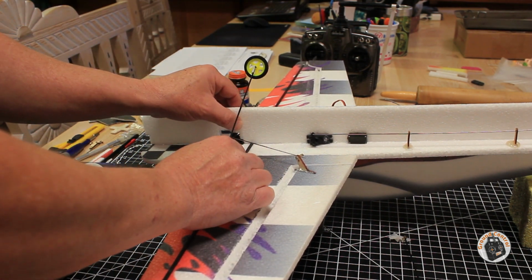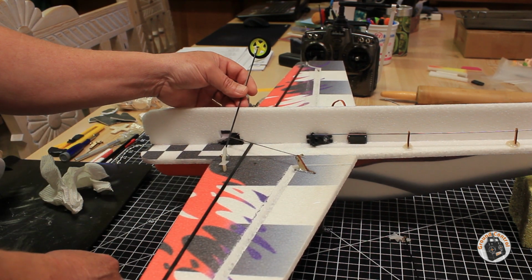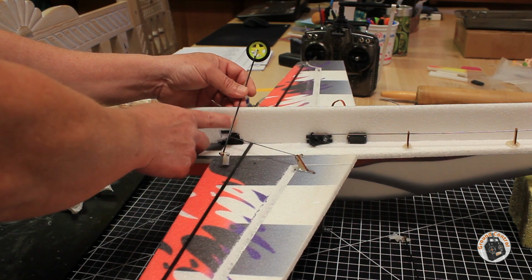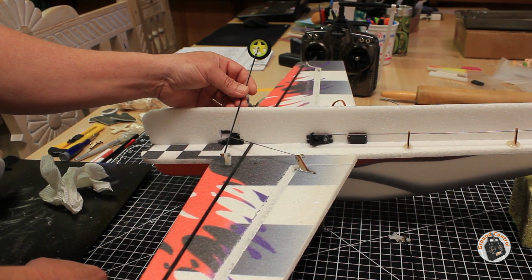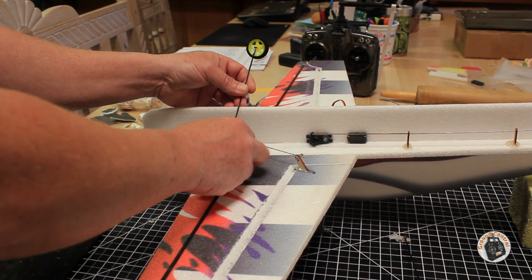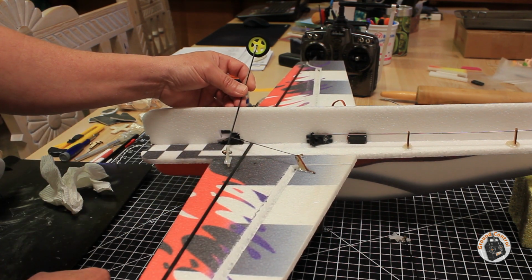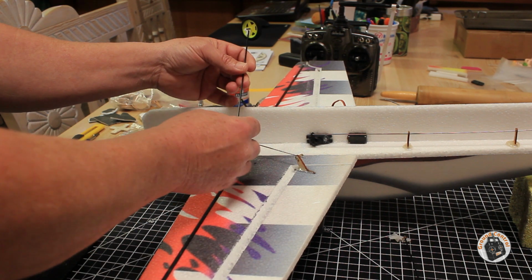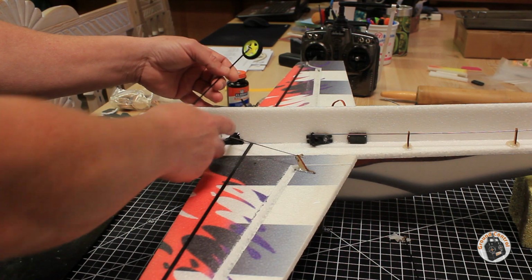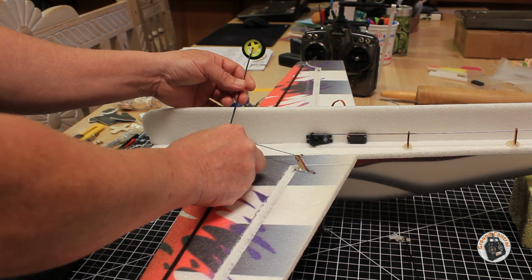I'm going to go ahead and drill the hole out like they say to do in the assembly guide, and then I'm going to add some reinforcement to that area of the foam, rather than just having the EPP foam try and support the landing gear. I don't think that's going to work real well either. So it's an inelegant solution, but I think that it is going to work. So I'm going to go ahead and remove these from the control stops. When I come back, we'll drill the hole out and decide exactly where we want to attach the control horn